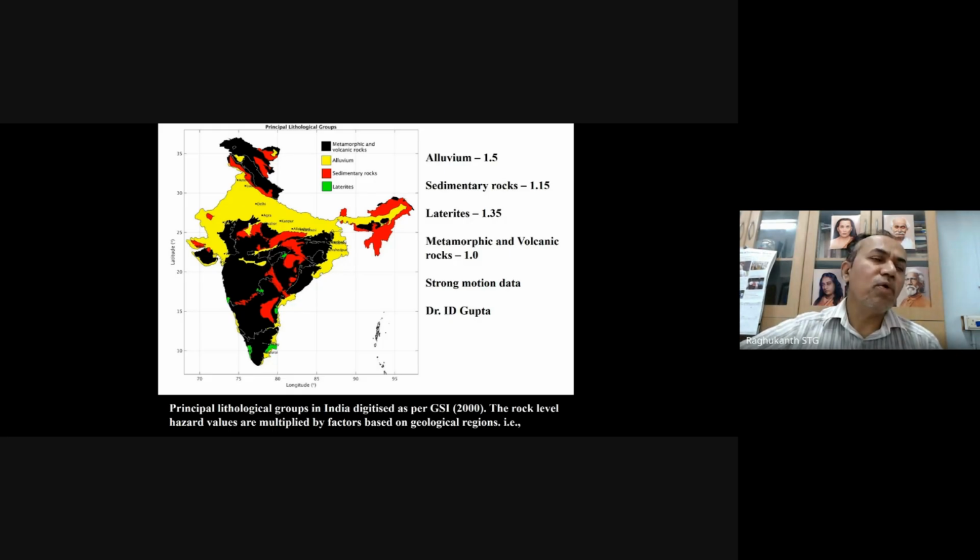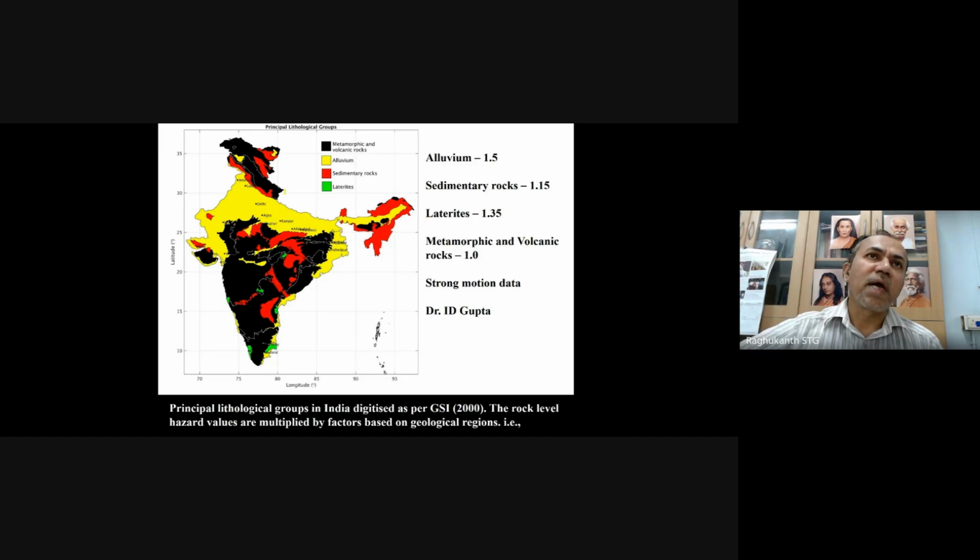So now if I want to bring these values to the surface level, we should have the shear wave velocity profiles. All those data has to be there, or the surface geological map has to be there. But unfortunately in India these surface geological maps still are not available. So here we did one simple approach, which we discussed in our committee, where we grouped the whole of India into 4 regions based on the geological map: metamorphic, alluvium, sedimentary, and laterite region. And luckily some strong motion data was recorded at all these stations itself.